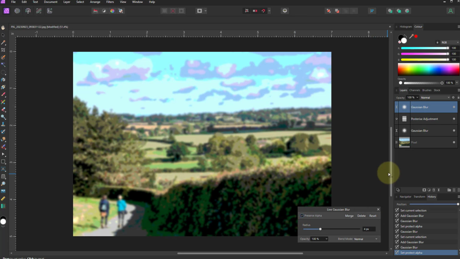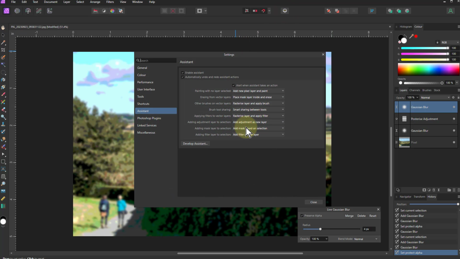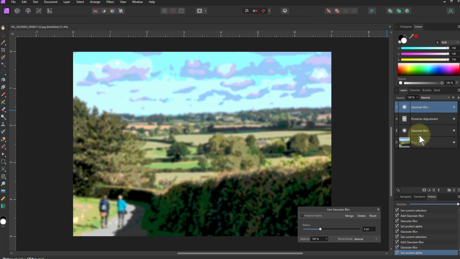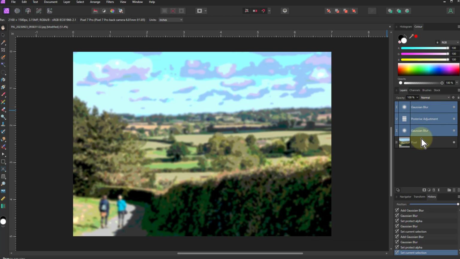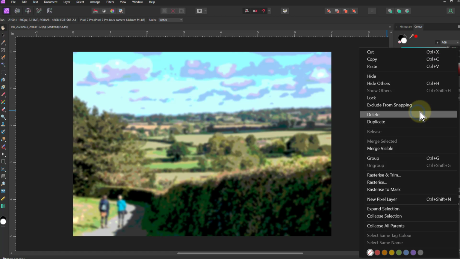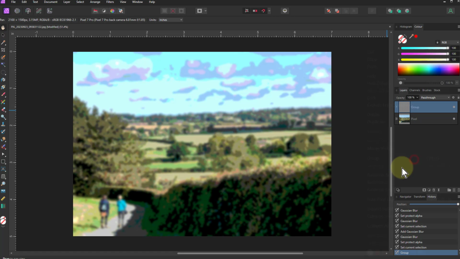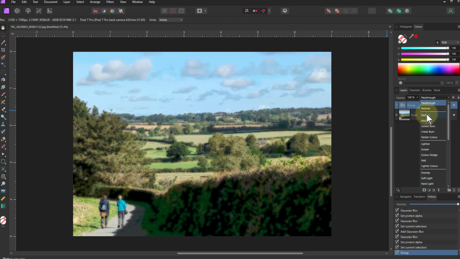There we go. I have, by the way, got up here assistant settings, and I've got add adjustment as new layer and filter as new layers so that they will appear above. It's just tidier when explaining things. But I can now shift click the bottom one here, so I've clicked all of them, and right click here or Control G just to group them together, because I can now blend this back in again without having copied the original layer. So I can just go down to here and just look at the effects you have,